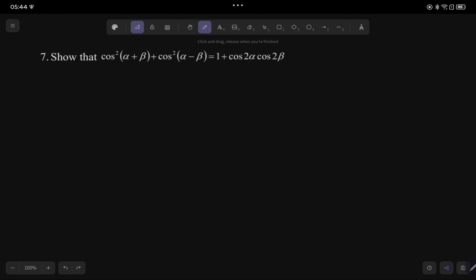We go back to our multiple and submultiple angles, because you have seen 2 alpha on the right, while here I'm having alpha. So I think the best way forward here is to think along that line. We introduce that idea. We know that